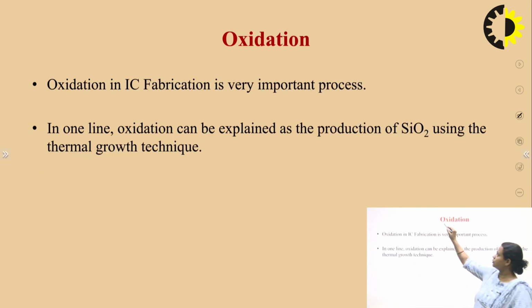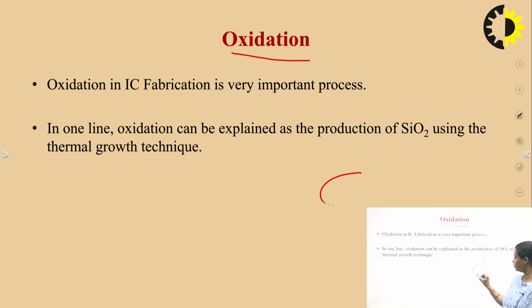So oxidation. As the name suggests, it means that something is going to be oxidized. Since we are studying this topic in VLSI technology, it must be related to our silicon substrate or wafer. You have all studied how the wafer is formed from a single ore, converted into different forms, and then a wafer is developed. So the wafer looks like this. This is a silicon wafer.